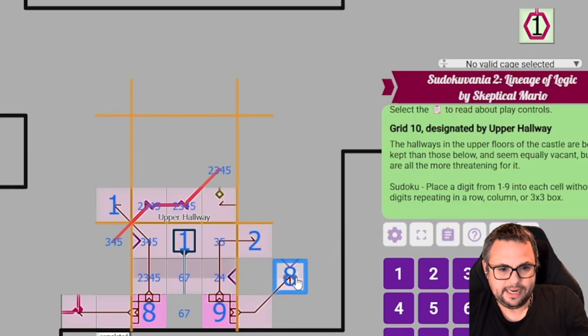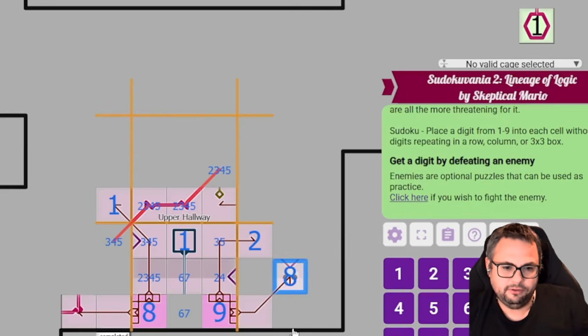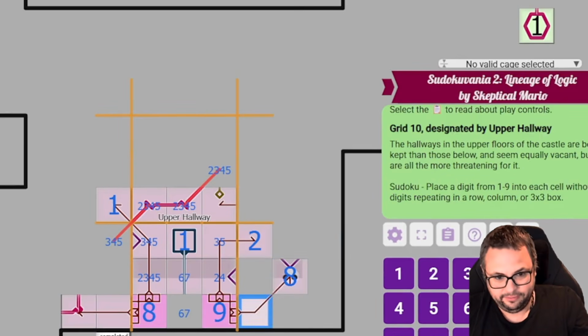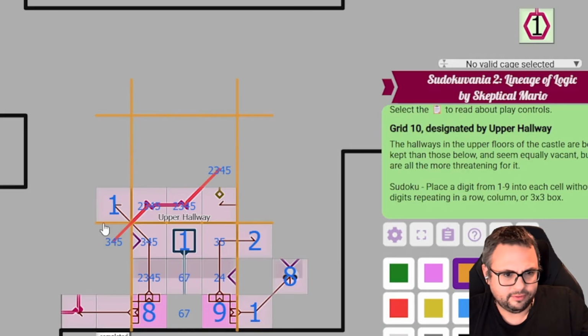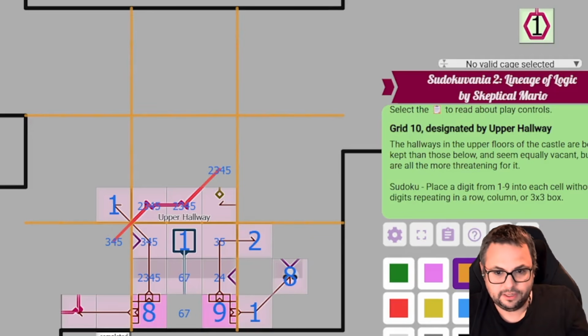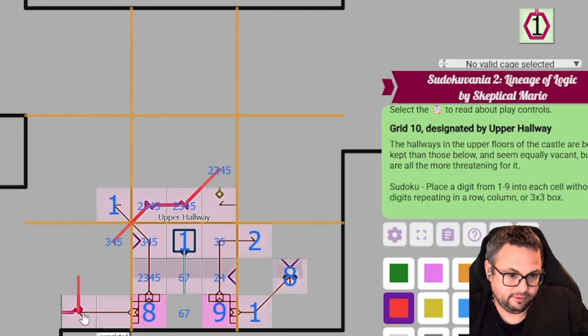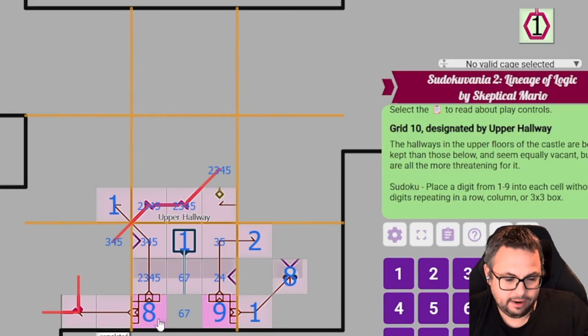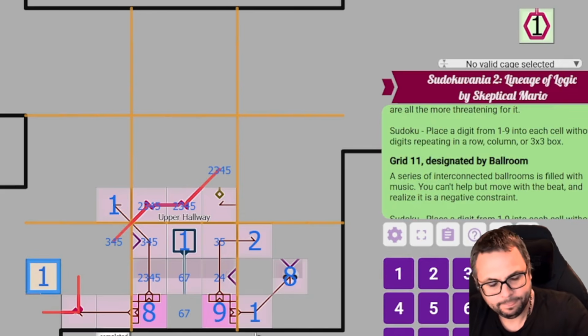Last time we got this 8, which, if you watched the last video, it might surprise you to know I understand this deduction means that this is a 1. Let's see. Now there's a 1 over, I guess this extends that far, huh? Oh, but the 1 doesn't go on the line is the point, because this extends up there and over there. This is the between line with 1 and 6 as its ends. So the 1, in fact, is not here by Sudoku, and so it's just there. Okay,